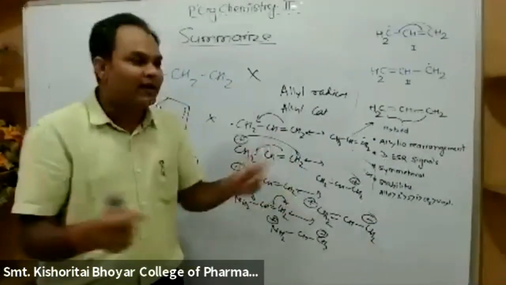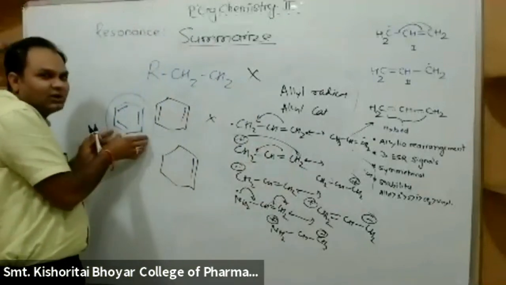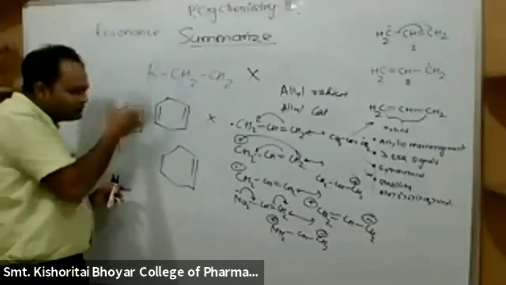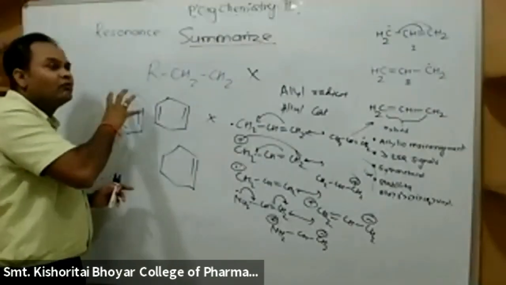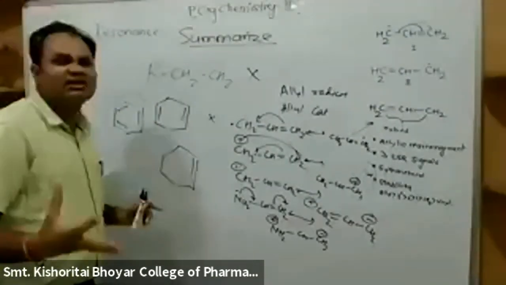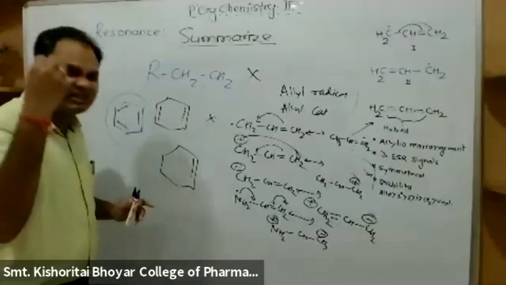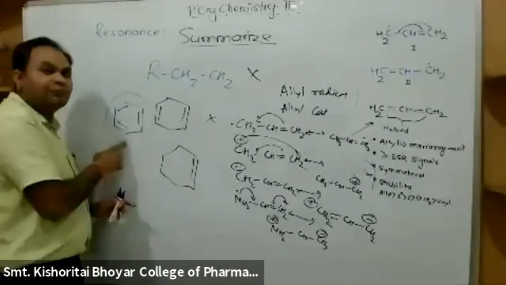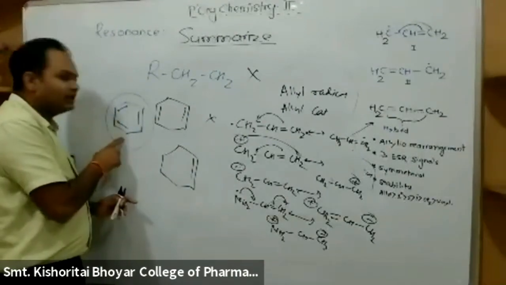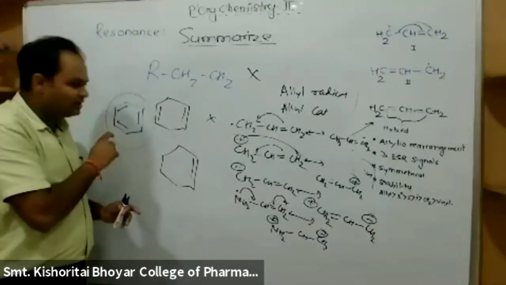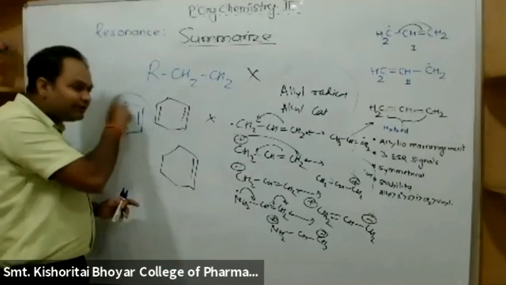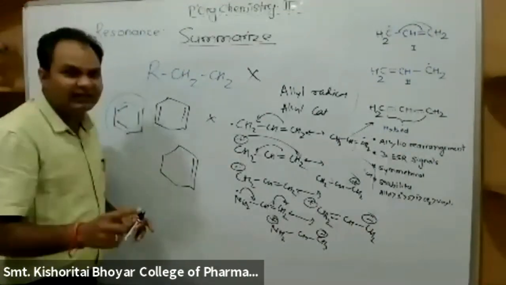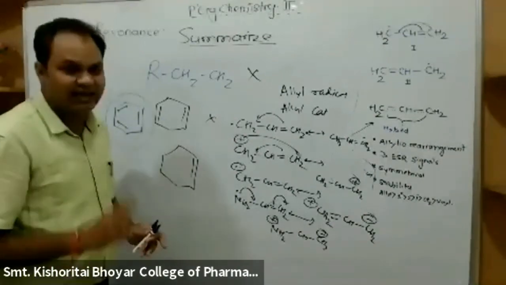Right now we know this is the structure of benzene, but when we study in the lecture we have to forget that this is the structure of benzene, and we have to find out what are the structural evidences, what are the analytical evidences which are responsible for getting the structure of benzene. Okay, so in the next lecture, I will discuss the derivation of the structure of benzene with the help of some synthetic and analytical evidences. Thank you very much.